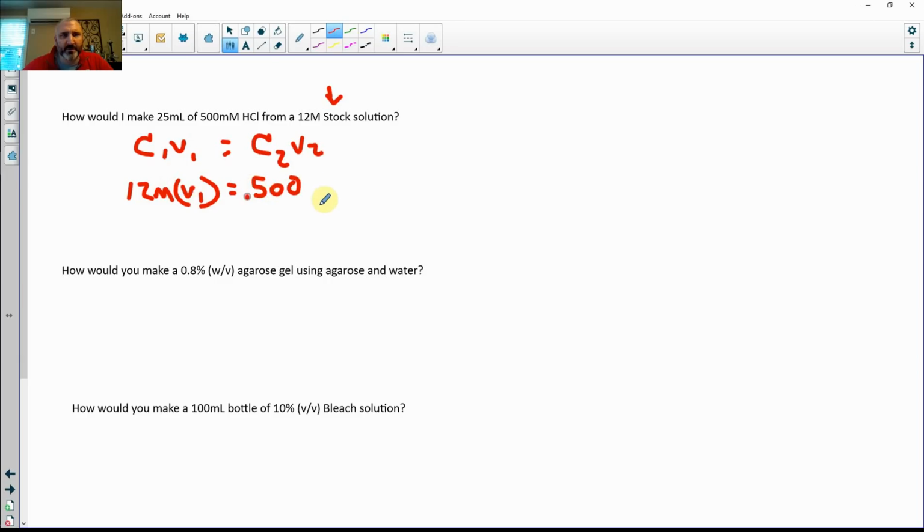So 500 millimolar is 0.5 molar times V2, which is, we want 25 mLs. So we're going to end up with an answer in mLs here. 0.5 times 25. And we're going to divide both sides by 12. So we're going to have 1.04 mLs of